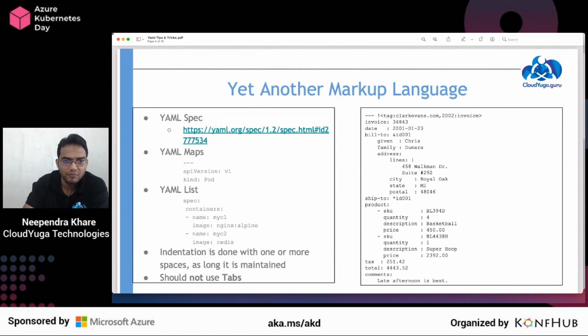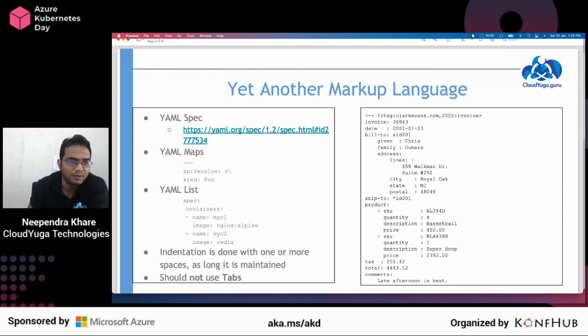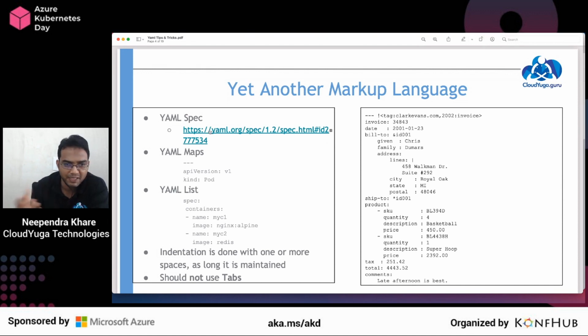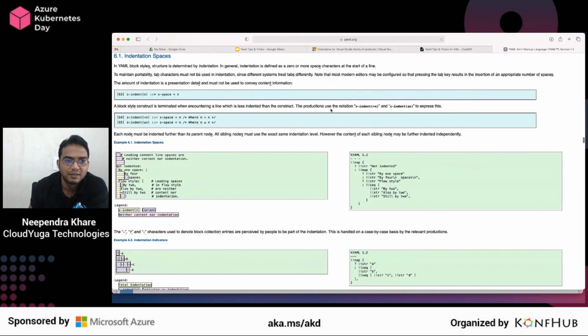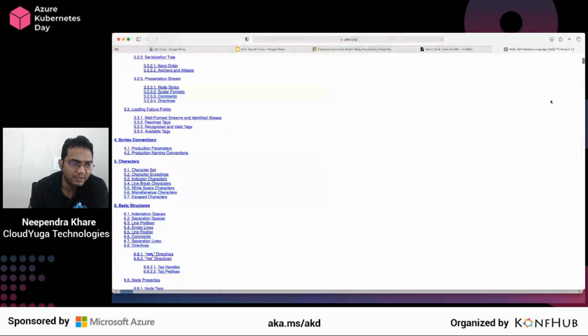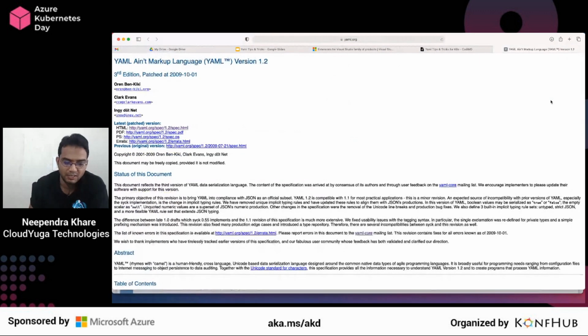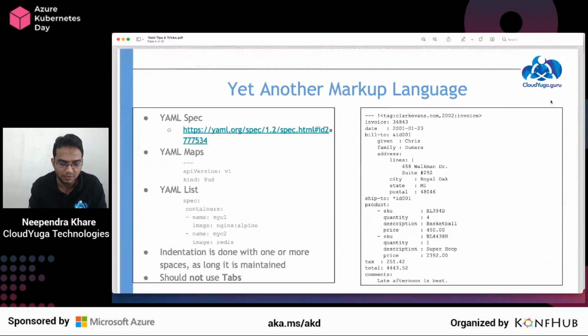Okay. So YAML full form is Yet Another Markup Language, and there's a spec defined for this. If you want to check out the spec, you can see it at this particular URL, which gives you the complete spec of YAML. Let me open this link here. You can try out different things, write the document, how to read it, and so on. So all the information about the YAML documentation is here.